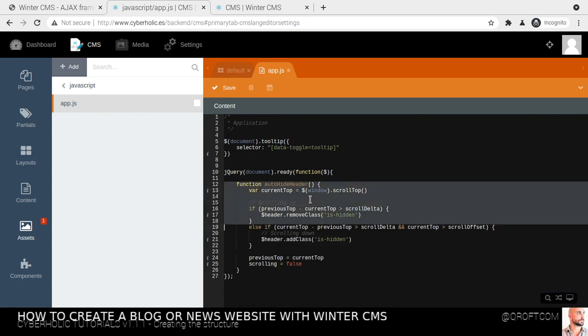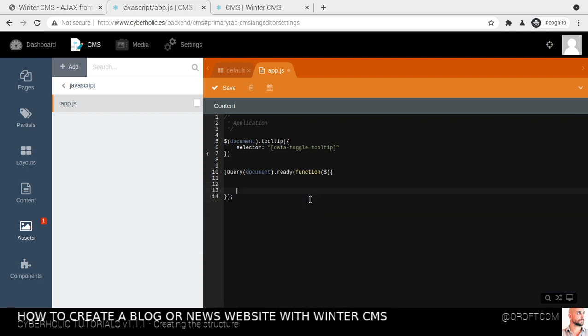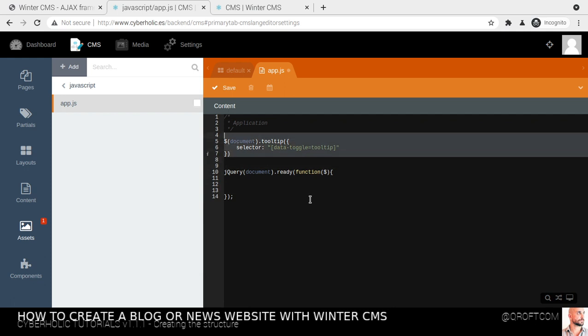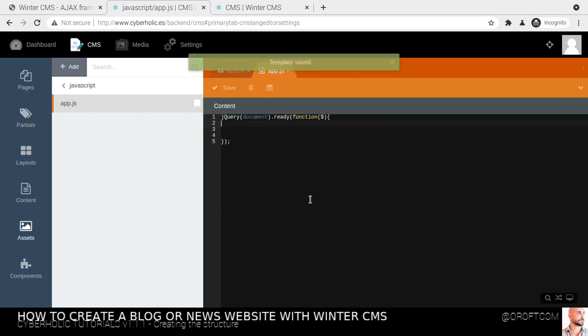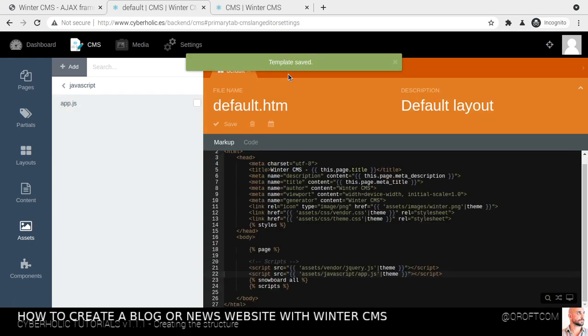Okay, so the tooltip selector, we don't keep this, because we are going to use a CSS framework that comes with its own tooltips. So yeah. Okay, I think this is the minimum now for the app.js. Here it is. We keep that, and currently we also keep